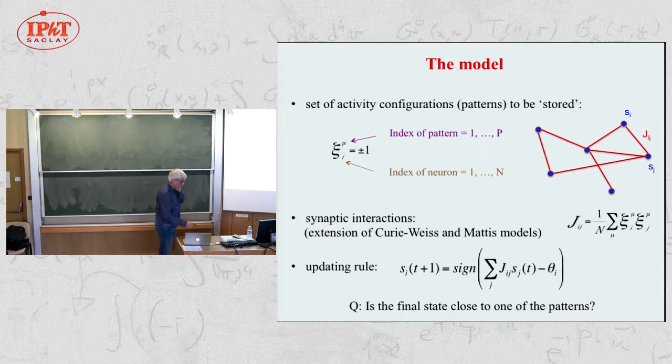So why this may work, actually, is in the case of a single pattern, you know why it may work, because think, for instance, of the Curie-Weiss model. In the Curie-Weiss model, which is a mean field version of the Ising model, where all the J_ij will be equal to 1 over n, you know that if the temperature is low enough, or let's say if J is large enough, which is the same thing, then the state of the network will be magnetized. So that means that the sum over i of S_i, which is the magnetization, will be larger than 0, or let's say different from 0,